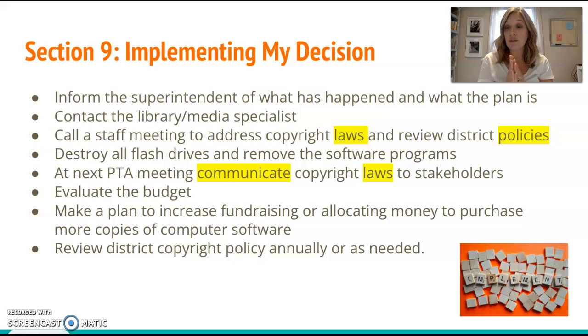So I would sit down and talk with her, go over the copyright laws and this district's copyright policy, and take some time to educate her on why making those copies was wrong and what type of risk she was putting the district at. I truly think after that conversation, we can provide some clarity about why making the copies was not the right decision,